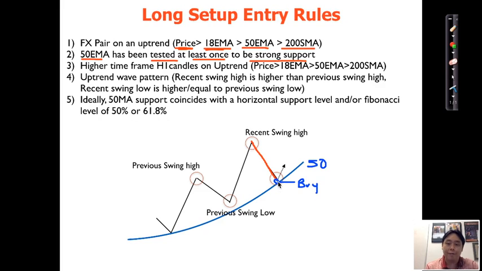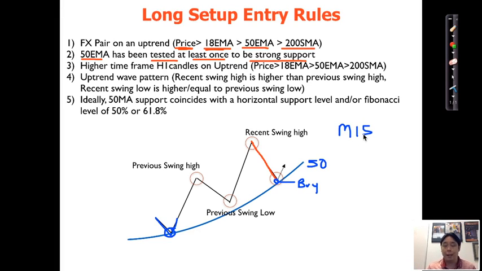So how do I know that the 50 is going to hold? Well, I want to ensure that recently that 50 moving average has been tested with strong support before. In this illustration, you can see that over here, the 50 was tested here. This tells me that this has a greater likelihood of being a support level. Again, it could be tested here as well, all right? I just want it to be tested recently. That's the point. So again, I'm looking at the 15-minute candles, ensuring that it's on a very clear uptrend,